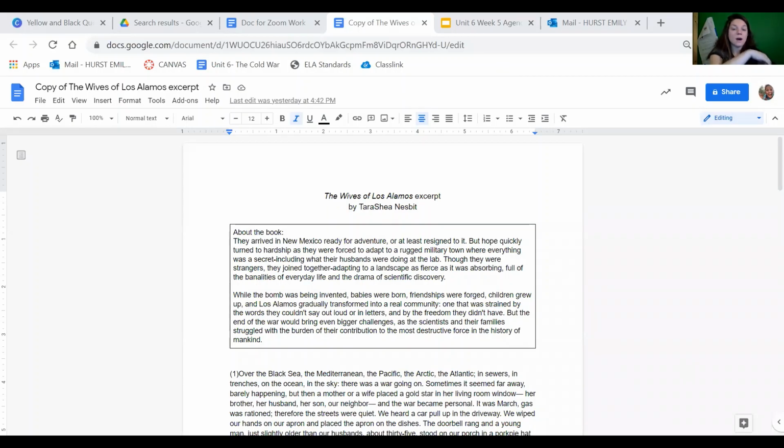I'm going to go ahead and share my screen so you can read this Wives of Los Alamos excerpt. It's a good idea anytime you're doing a first read protocol to read the text, highlight any words you don't know. I want you to think about any connections you're making, annotate things that make you think like, oh, that's weird, and then summarize the text. And then we will go into a close read for character development. So pause me while you do your first read, and then press play when you're ready to continue.